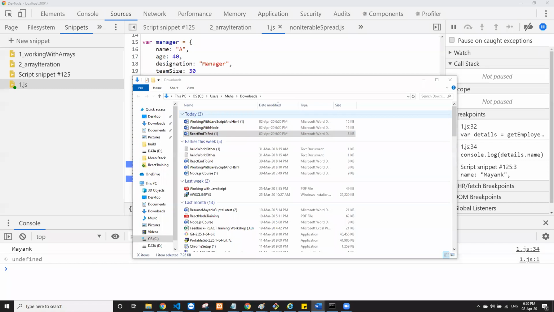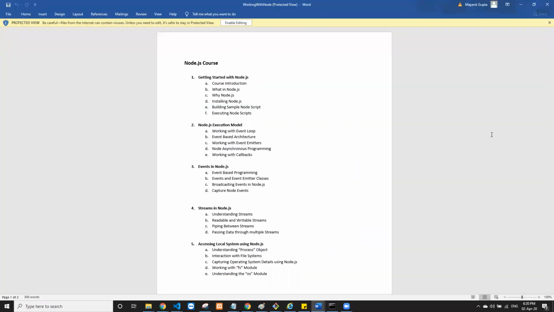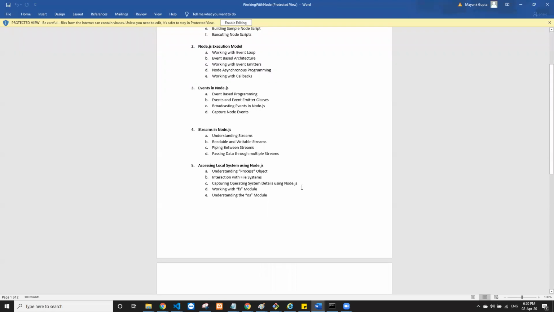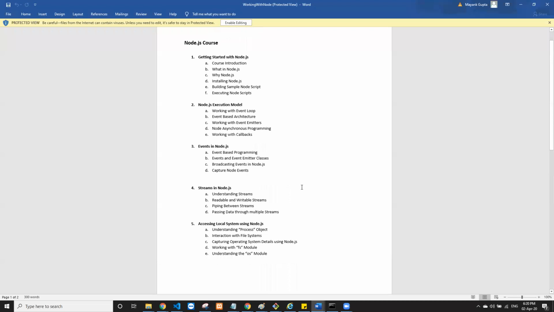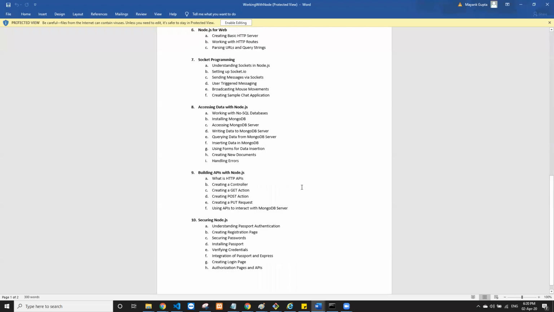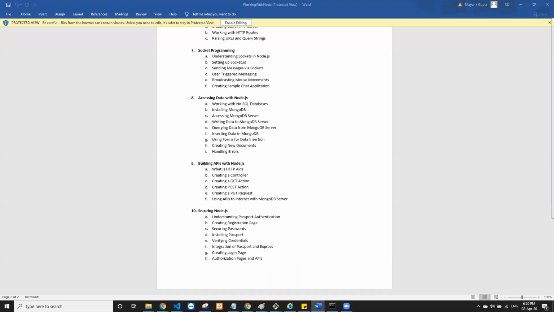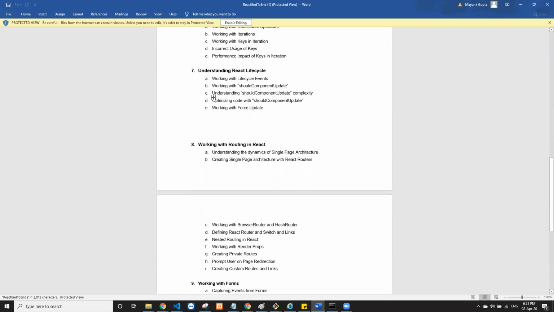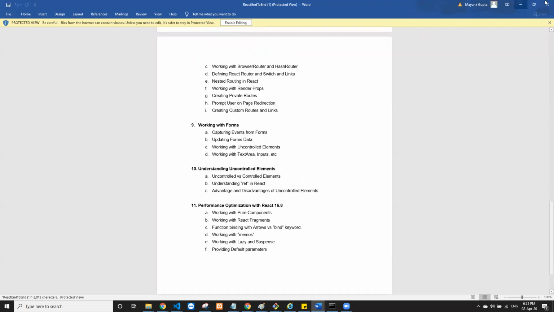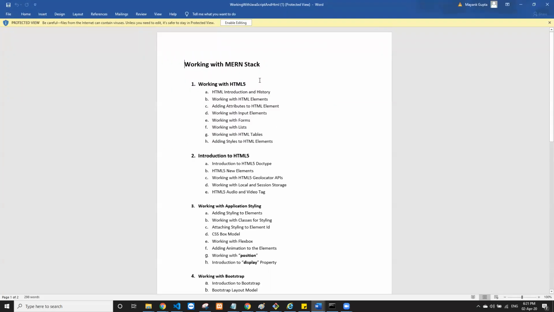The course content is a lot, and we'll try to cover it with as much ease as possible. We'll be dedicating time separately for Node.js, where we'll be learning a few concepts. Then we'll have some dedicated time for React. We'll be learning this React technology in detail. So these are all the topics. I don't know whether they have been shared or not, but I can share it right away. And we have some topics for HTML.